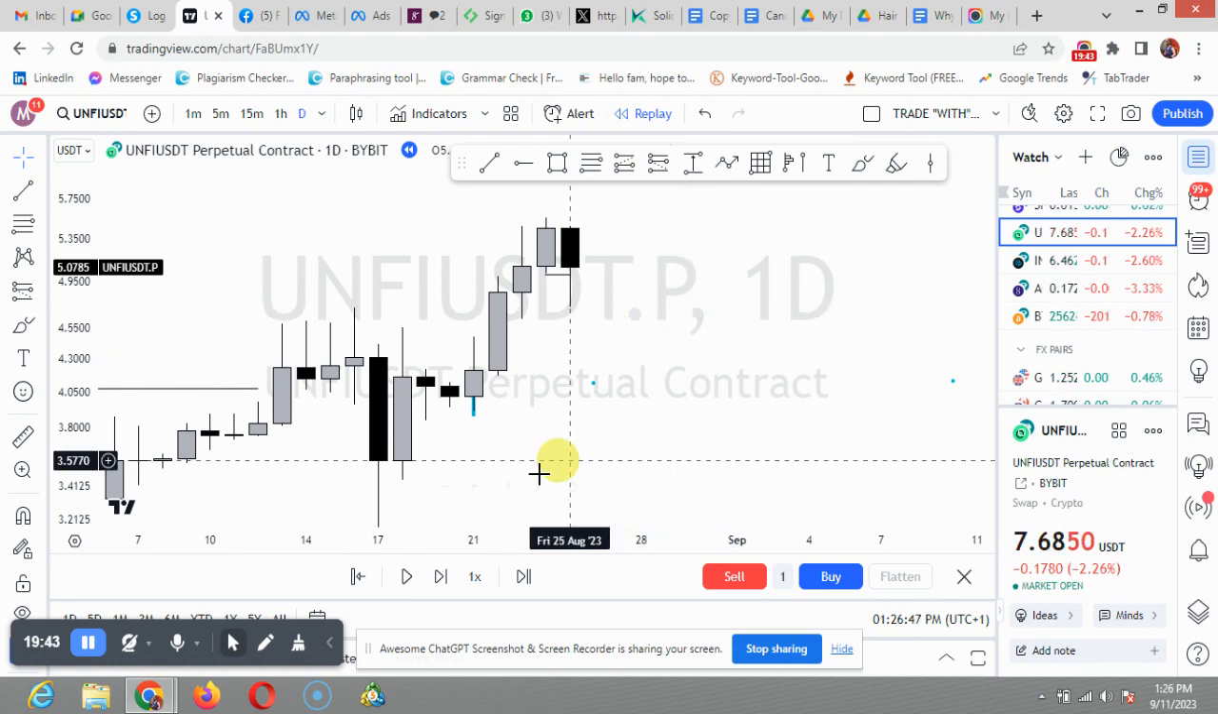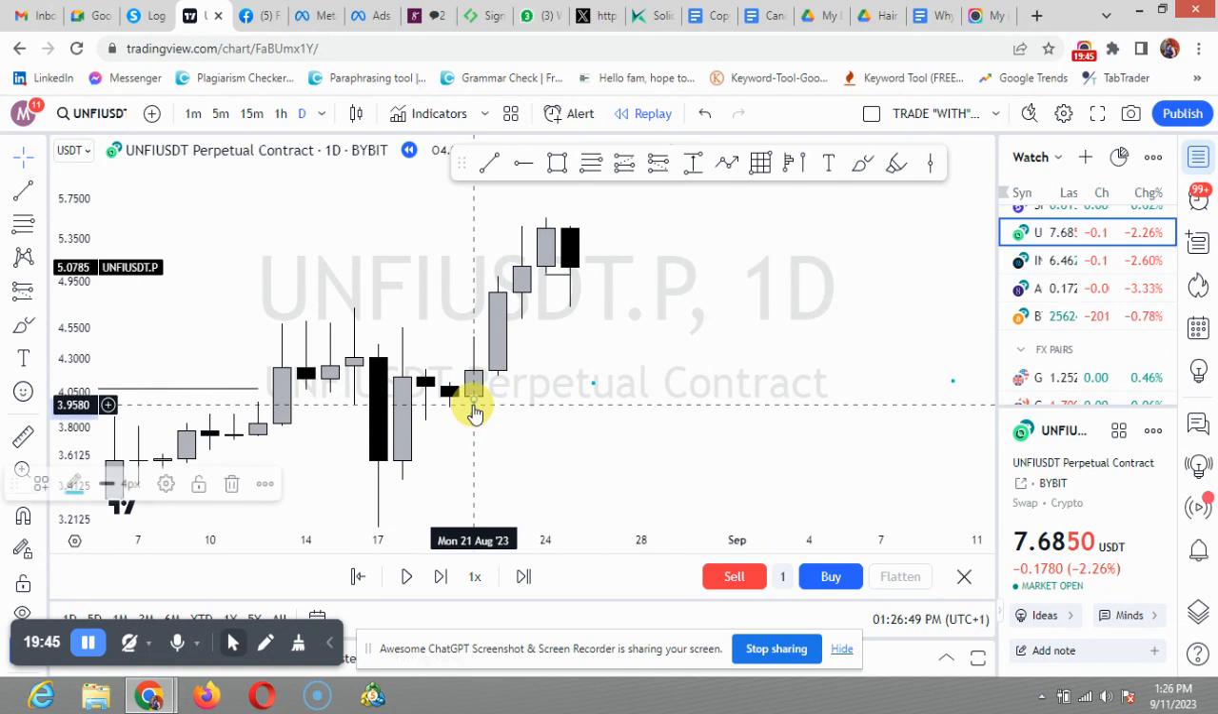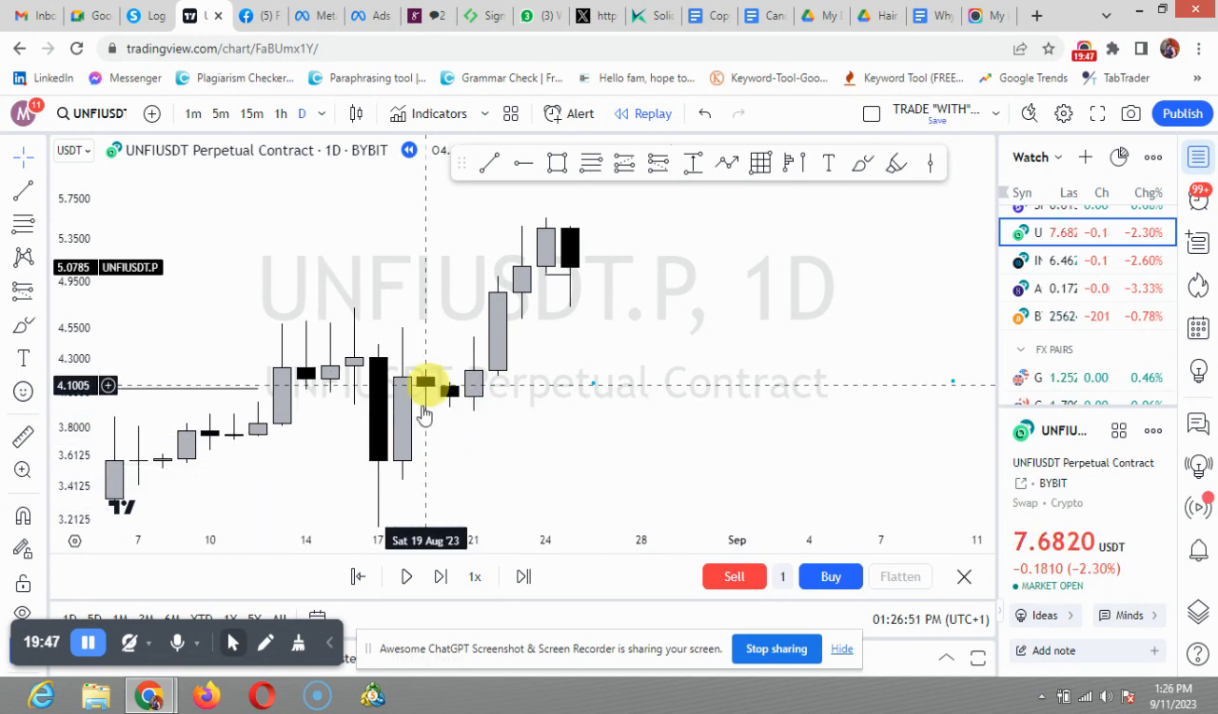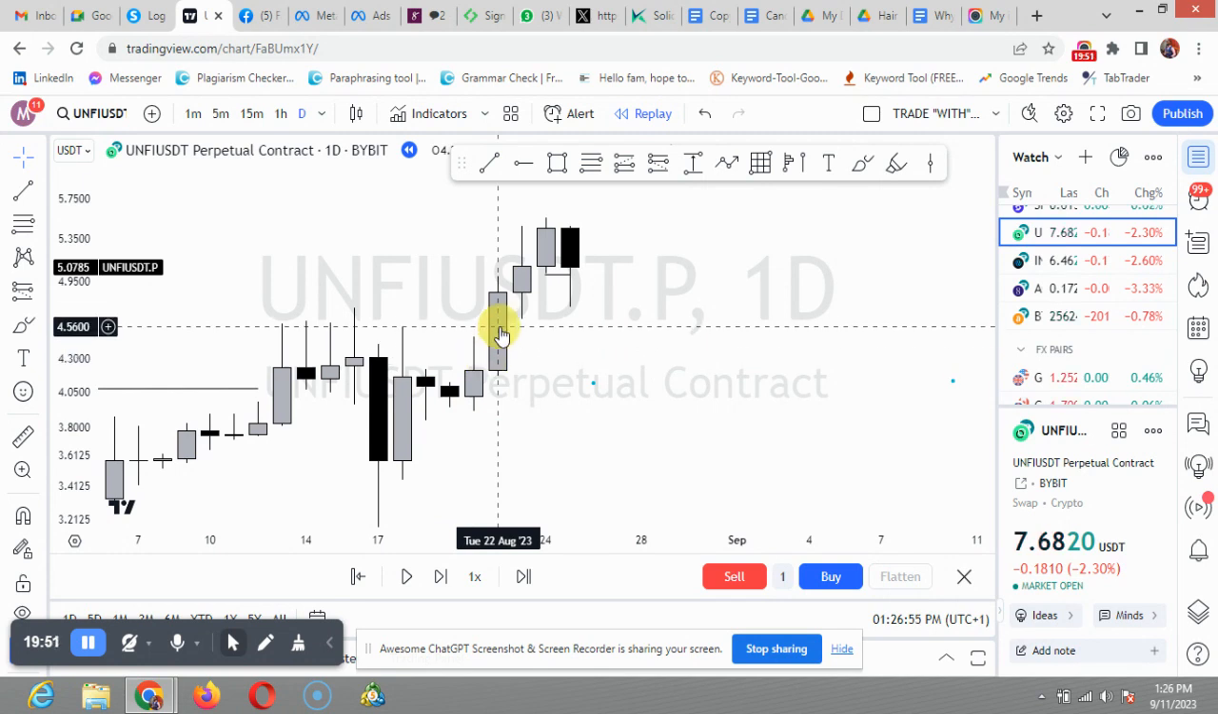So this is how I identify a bullish move. Once I can see 2 or 3 candles forming bullish, then I know this is a bullish move. And what I'm looking out for is that the next candle will sweep the bottom of the previous candle. Once that happens, once I see that sweep,